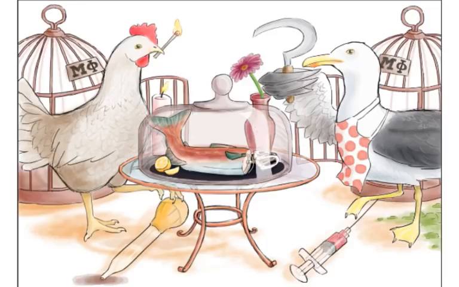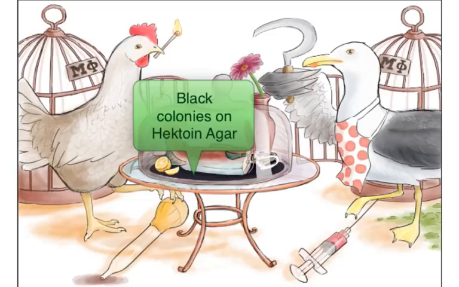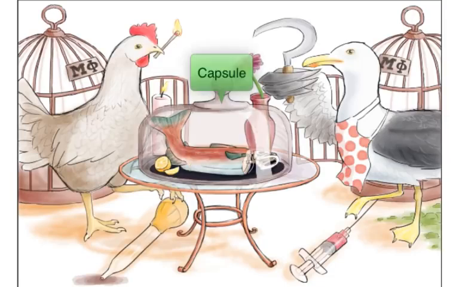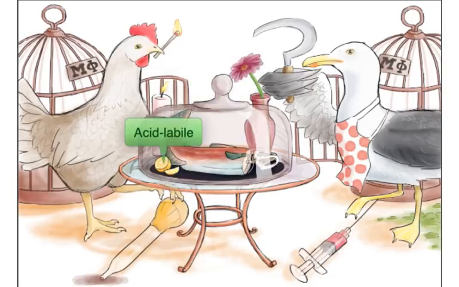Let's go over it all again one more time. First, we have the salmon representing Salmonella. Then we have his tail flapping around to remind you that it's motile. We painted the plate black to remind you of H2S positive and that it forms black colonies on Hektoen agar plate. We have this glass dome representing the capsule, and the side of lemons will represent that it's acid